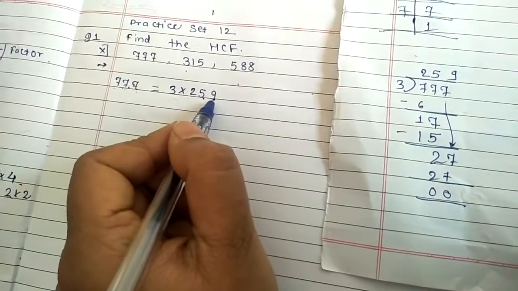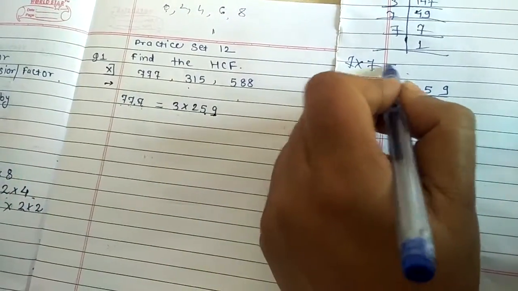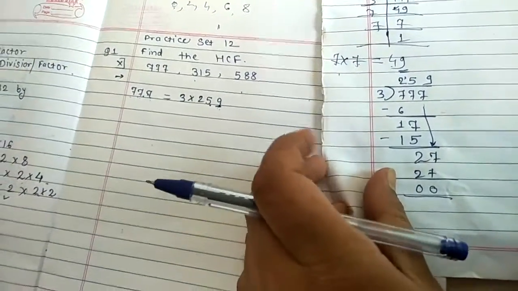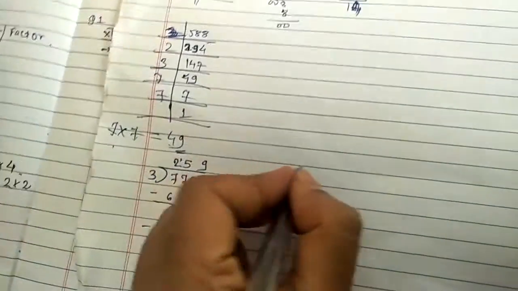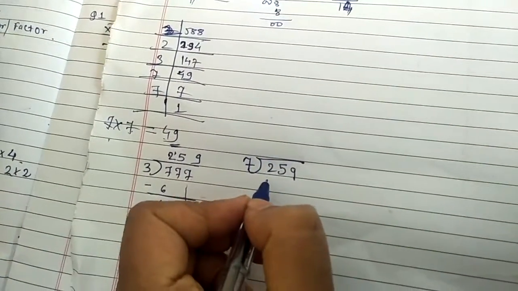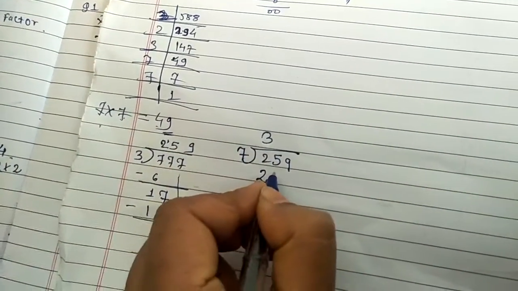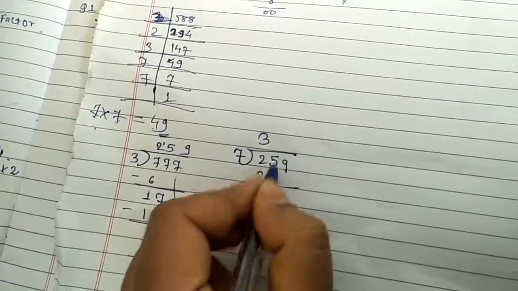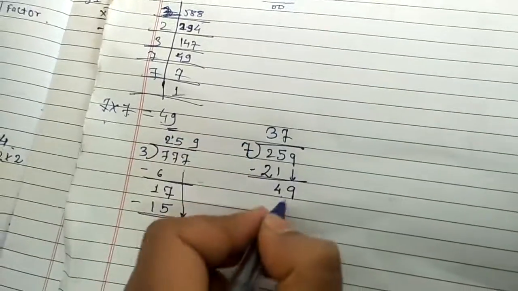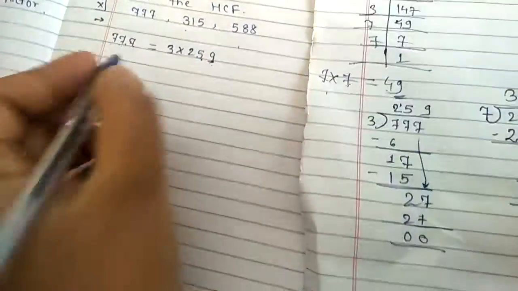If you try, then you will understand these numbers you can divide by 7. Why 7? Because here 9 is the unit place, and if we look at the 7 square, 7 7s are 49. The 9 is coming, so try to divide by 7. So when we divide, 259 divided by 7: 7 3s are 21. So what is remaining? 24 minus 21 is 4. Then 9 carry downstairs. 7 7s are 49. So here it is 0.